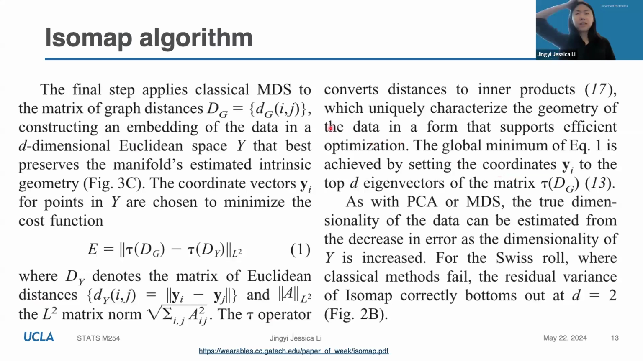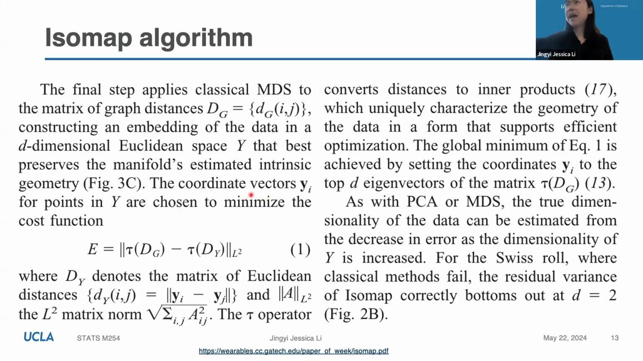Here is the detail in the text. The final step applies classical MDS to the matrix of graph distances, the DG matrix, where the entries are the graph distance between nodes i and j, constructing an embedding of the data in a d-dimensional Euclidean space Y that best preserves the manifold's estimated intrinsic geometry. The coordinate vectors yi for points in Y are chosen to minimize